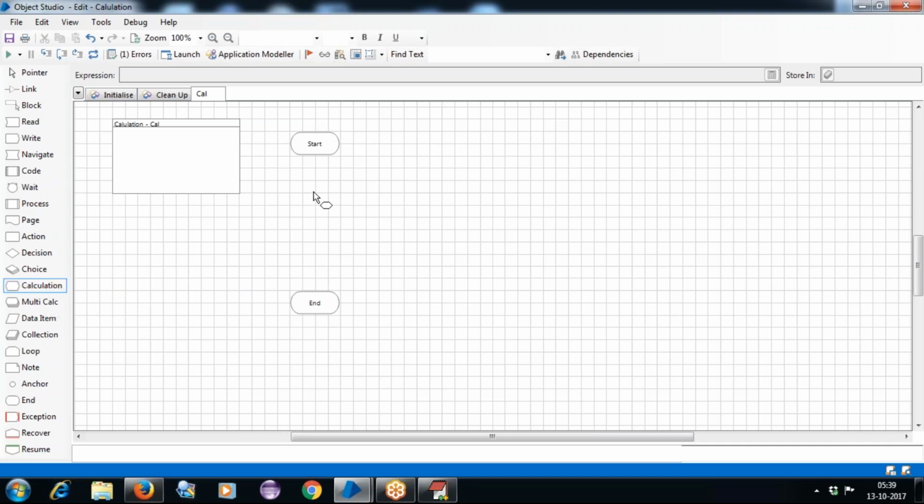Now here I'll take the calculation stage. You can see the stage called Calculation. To perform any kind of calculation, we use the Calculation stage. Now double click on it.